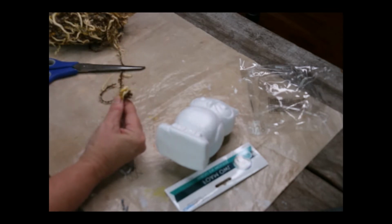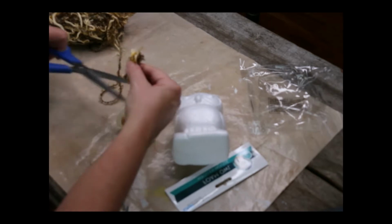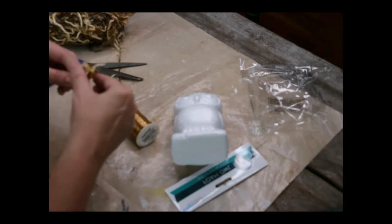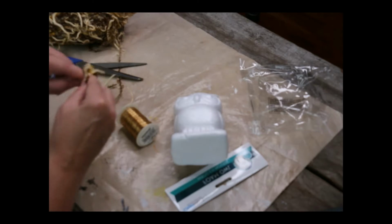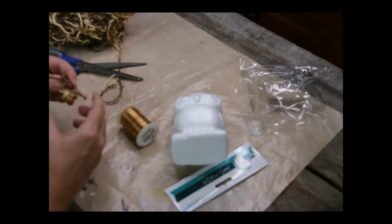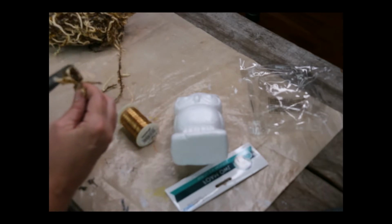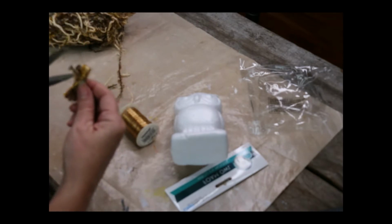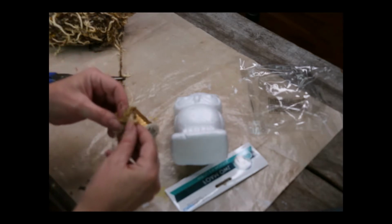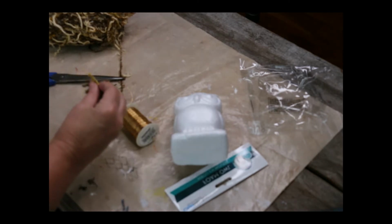I'm starting off by taking this Dollar Tree owl I found in styrofoam, and I also got some stringy wool yarn stuff from the thrift store, Salvation Army, and I thought, oh, this Salvation Army yarn would be perfect for just around the eye of the owl. So what I'm doing is making a small pom-pom. I took 3 of my fingers and wrapped the yarn around my finger about 7 or 8 times, and then I took the center of that, and I just used wire because I didn't have enough hands and I couldn't tie jute around it. And then you just snip the ends off,